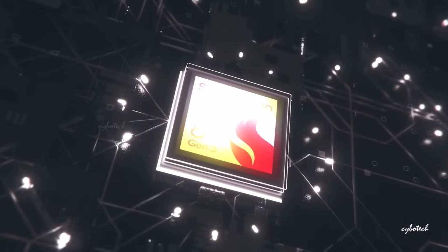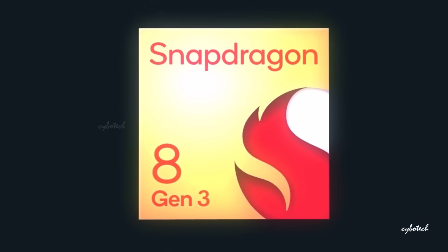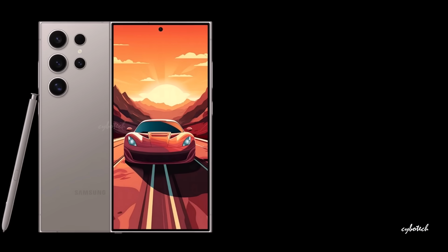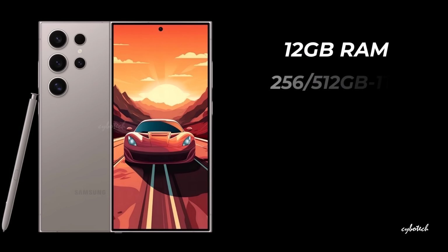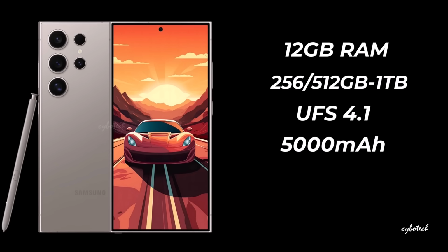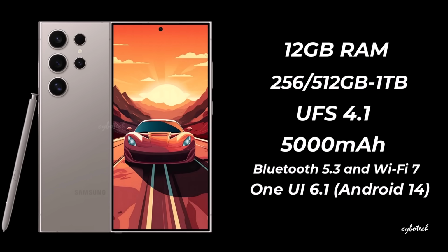Contrary to earlier rumors, it is powered by the Snapdragon 8 Gen 3 across all regions, distinguishing it from the S24 and S24 Plus, which stick with the Exynos. The S24 Ultra offers a substantial 12 gigs of RAM with storage choices of 256, 512 gigs, and 1 terabyte storage, leveraging UFS 4.0 technology. The Galaxy S24 Ultra houses a robust 5,000 mAh battery supporting swift 45-watt fast charging. Connectivity features encompass 5G support, Bluetooth 5.3, and Wi-Fi 7. Operating on One UI 6.1 based on Android 14, this premium device is anticipated to launch with an approximate price tag of